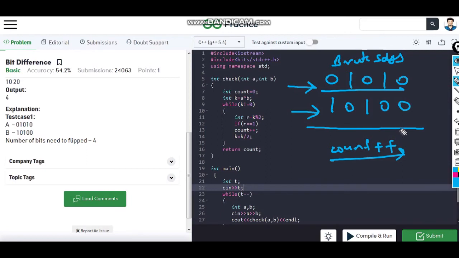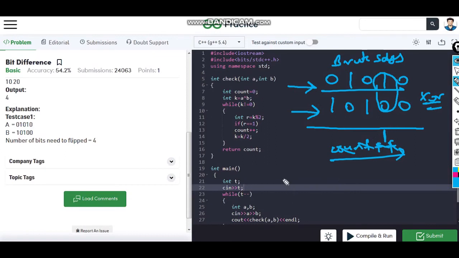But what we can do is just apply the XOR operation on A and B. So whenever there is a difference in the bits, like here 1 and 0, you will get 1 in the output of XOR.